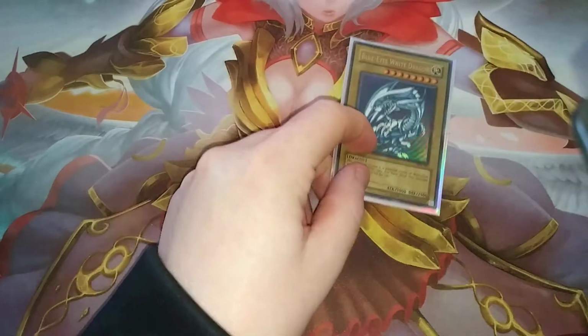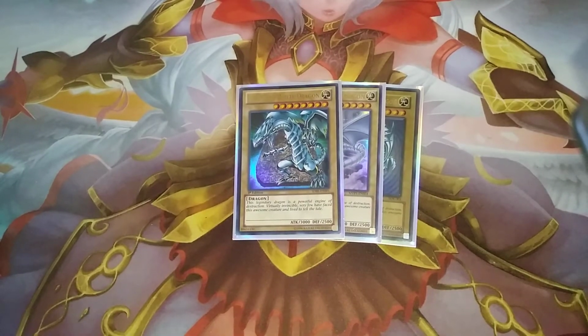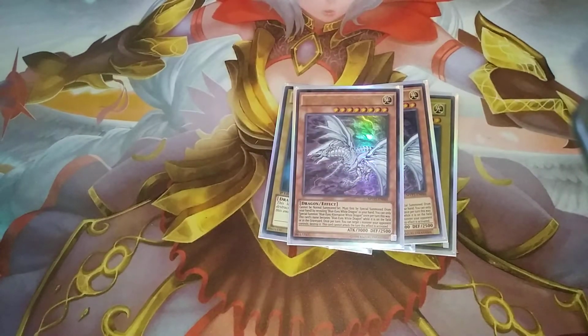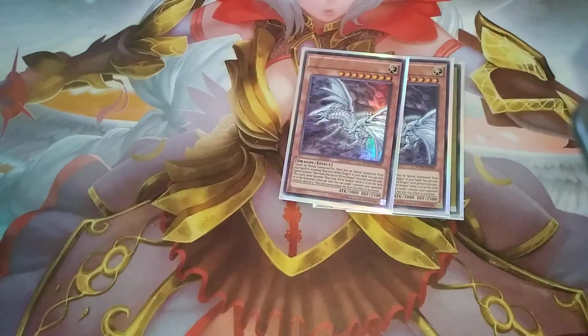So first of all, we have three Blue Eyes White Dragons. 3,000 attack, 2,500 defense. Great monster, backbone of the deck. Next, I run two copies of Blue Eyes Alternative White Dragon. Basically, I reveal one Blue Eyes in my deck, and then I can special summon him from my hand. Then after that, you can destroy one monster on your opponent's field. But if you do that, you can't attack the turn that effect was